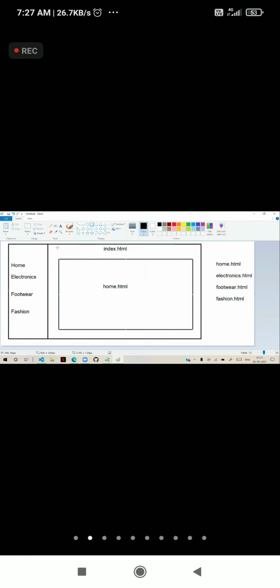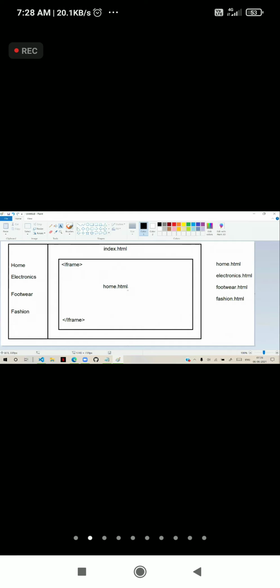Now, inside a page, you are displaying another page. That is possible by using an iframe. You can put this and display it inside the iframe. An iframe allows you to bring any other file's content and embed it into the current page.